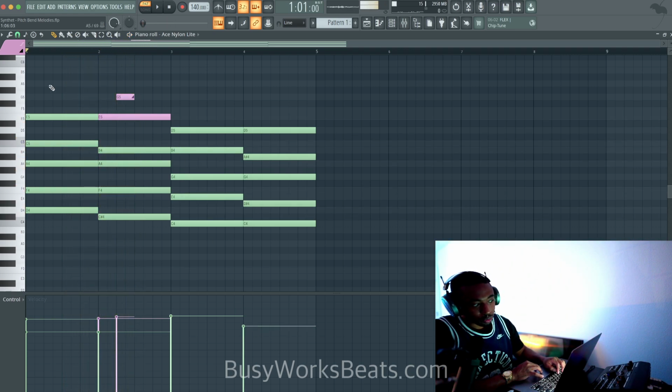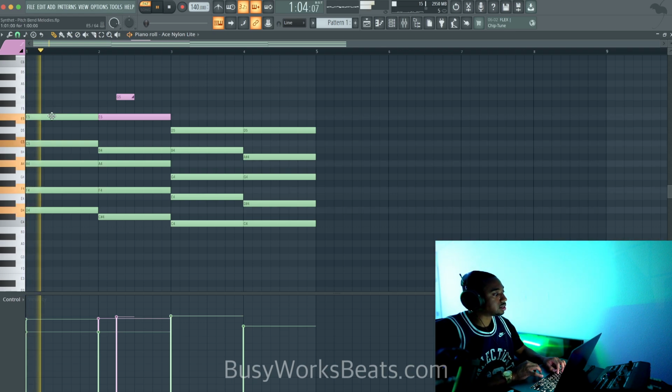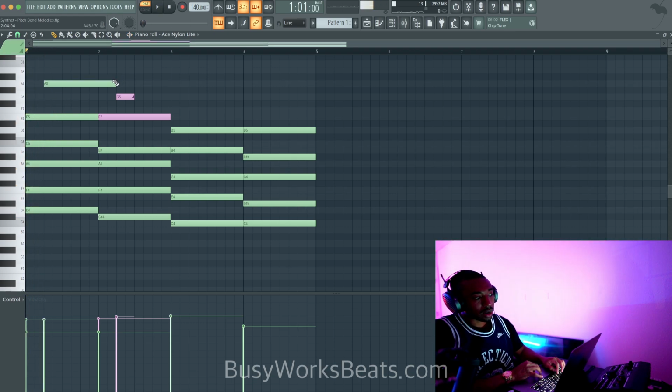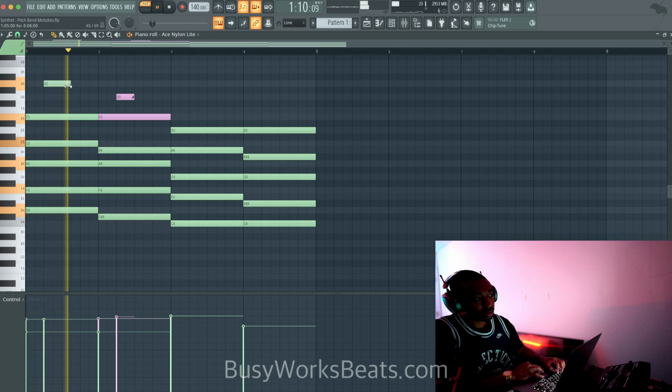Okay, so let's add more pitch bends just to see how far we can take this. So firstly, I'm going to write the melody out, but instead of just a simple melody like dun dun.